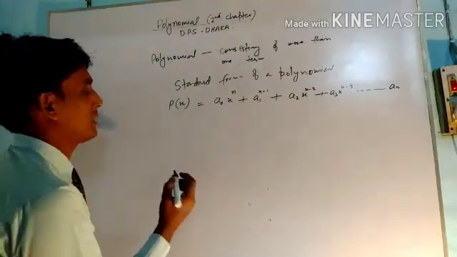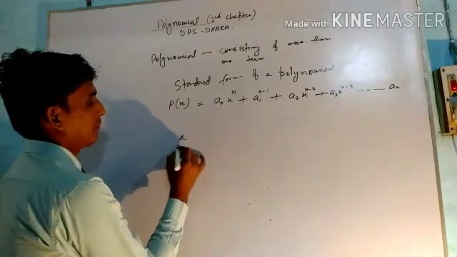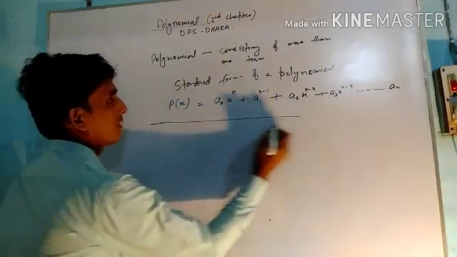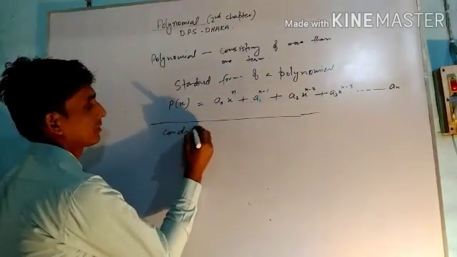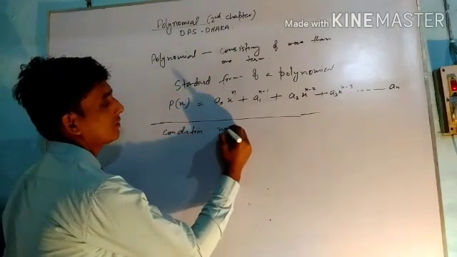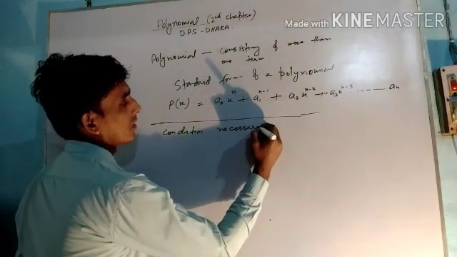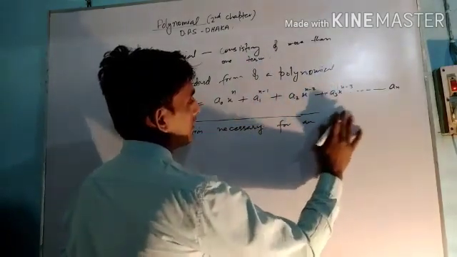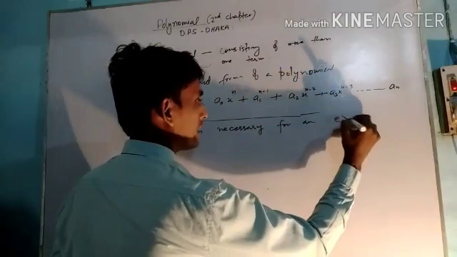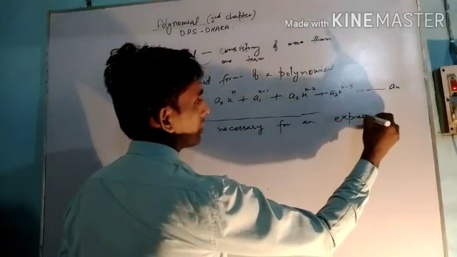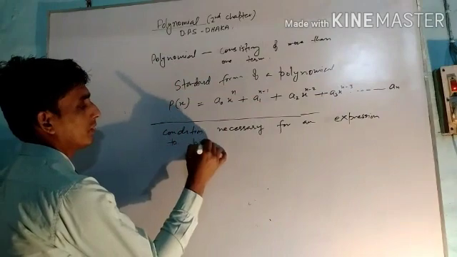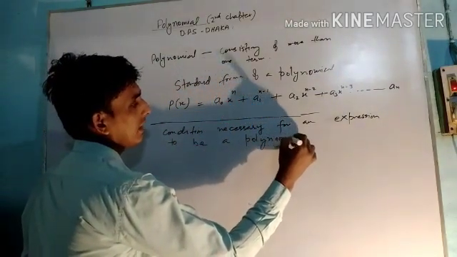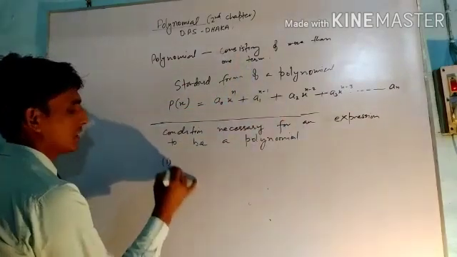Now the conditions necessary for an expression to be a polynomial. What are the various conditions? The first condition is that